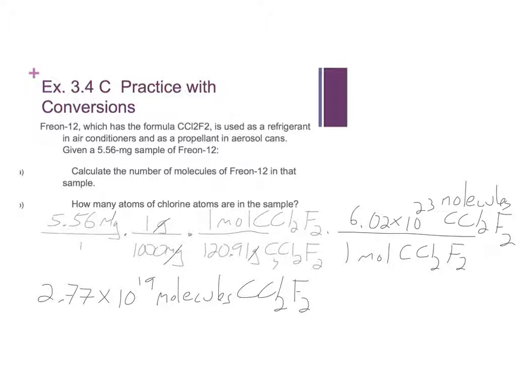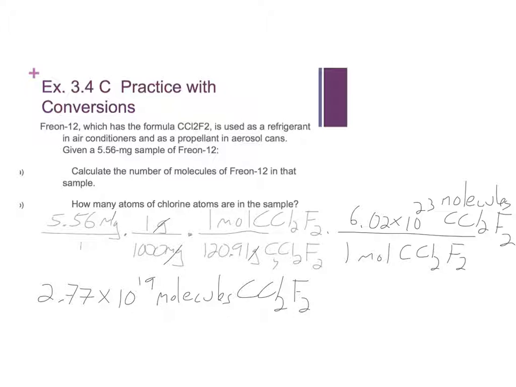The second one gets a little bit trickier, harder to do out of context, but it says how many atoms of chlorine are in the sample. So we look at this when we have the molecules, and we have to really understand the words atoms and molecules to see how do atoms relate to molecules. It's a really, really simple answer once we have this first part. You look at the formula, CCl2F2,